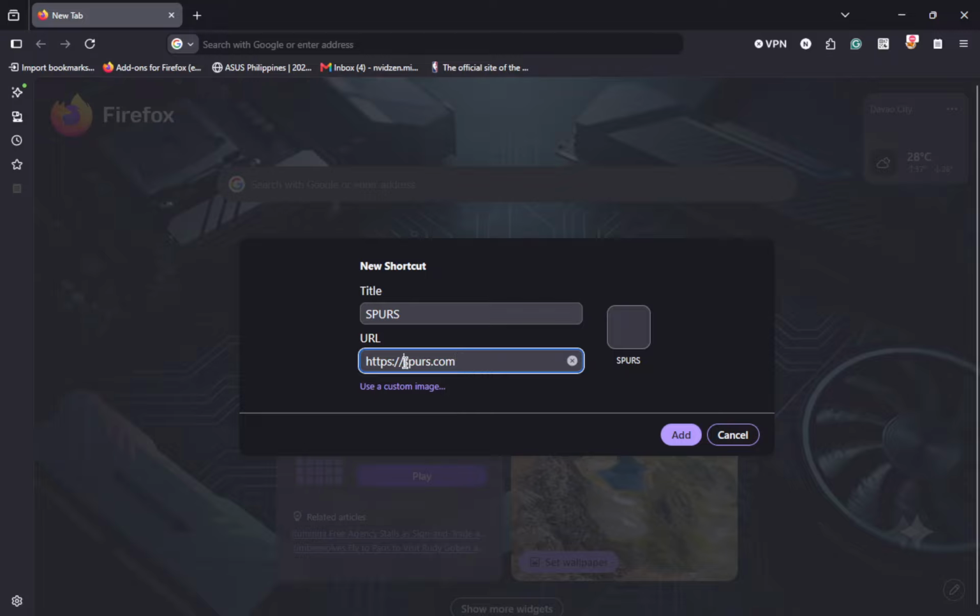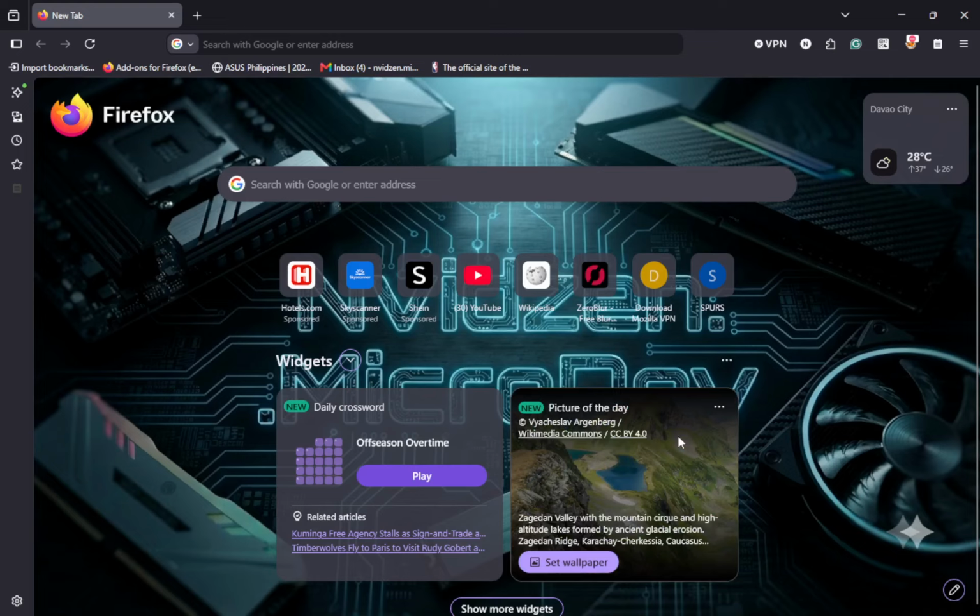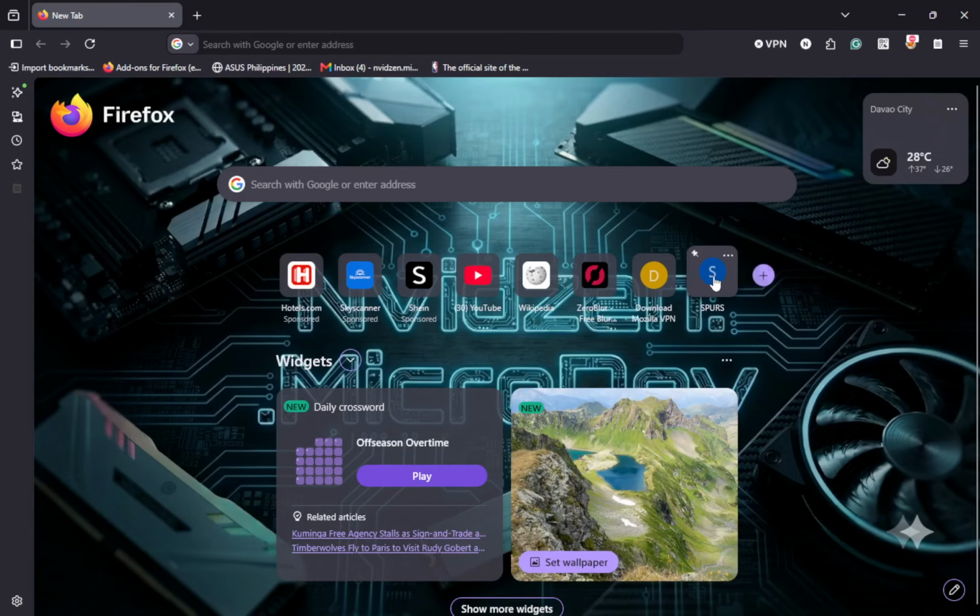With both the name and the address filled in, click the Add button at the bottom of that window. After you click Add, the window will close by itself. Look back at the Shortcuts grid, and you will now see your new shortcut tile with the name you chose. If nothing appears, check that you typed a valid website address and try again.